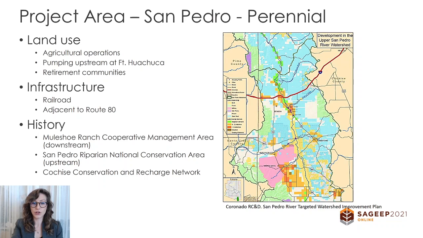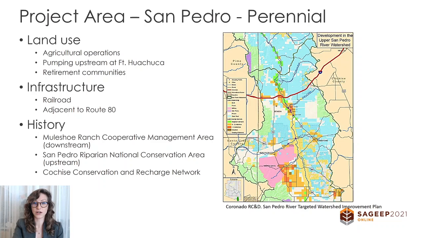During the early 1900s, mining and livestock dominated land use in the San Pedro watershed, coincident with a population boom in the region. The area suffered from increased flooding, which corresponded to an increased entrenchment of the river. Changes in recent years have curtailed irrigation pumping in the region and turned to managed recharge along the San Pedro. The Cochise Conservation and Recharge Network was established in 2015 and works to establish recharge sites surrounding the San Pedro